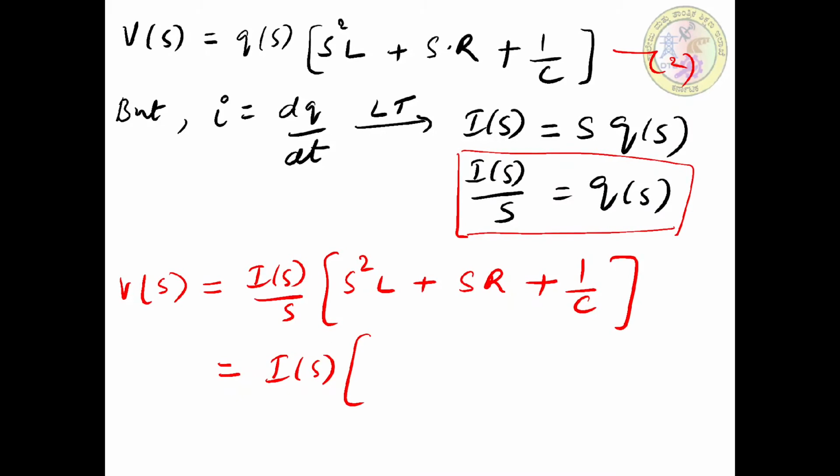So here I am going to get s into L plus 1 by s into c, so for the resistance, that s will get cancelled, plus 1 by c into s only for the last term. Okay, so what is done here, I of s by s is multiplied with the individual term. We will see that s is going to cancel for the inductor and the resistance term, but we have this one,